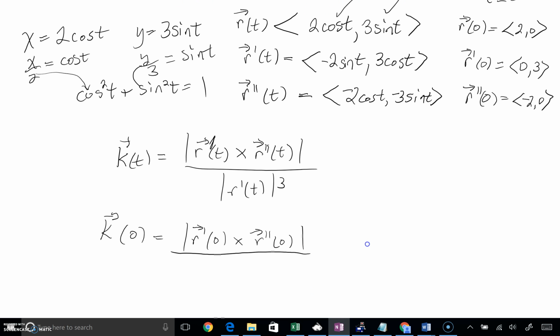And then underneath, we're going to have r prime of 0. This magnitude, of course, we've got the magnitude up on top, and we're going to cube that. Well, it won't take too long for kids, even using their 89, to quickly say, now wait a minute, with a cross product that I have here with 0, 3, and negative 2, 0, kids can get very upset with that and say, now wait a minute, if I try to work that thing out,